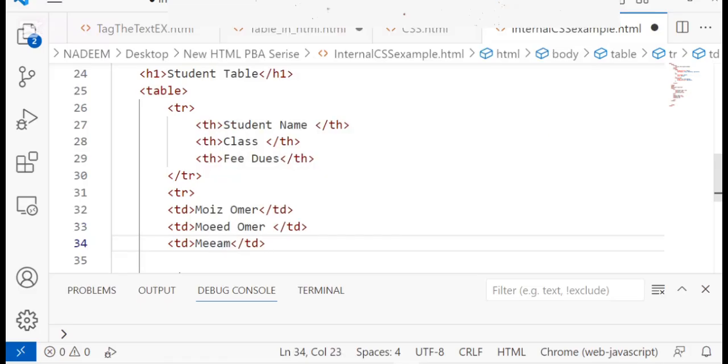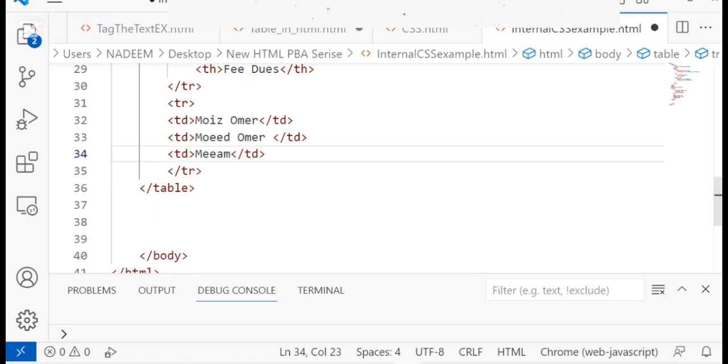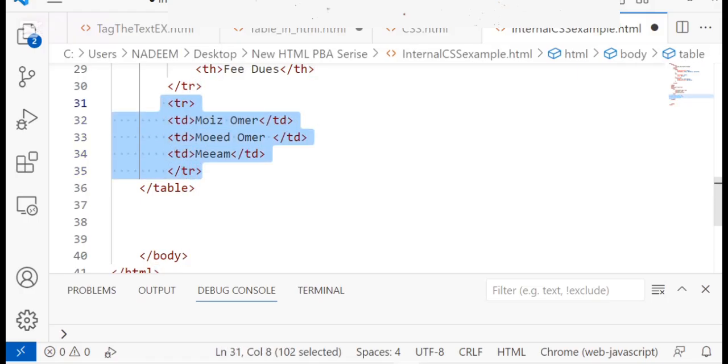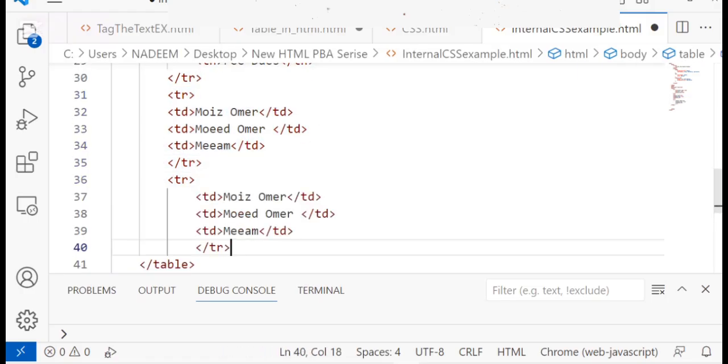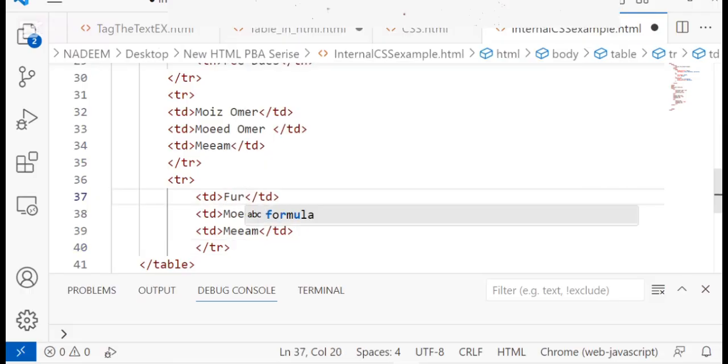And the next thing is I'm just going to copy, and however many table rows for data presentation I have to present. So here I'm just going to use again my student's name. Instead of names, you have to write the data of your table.